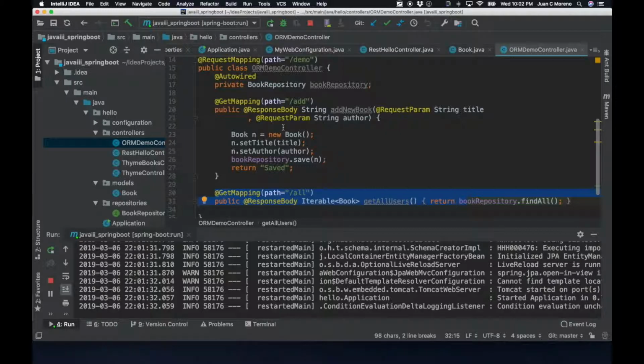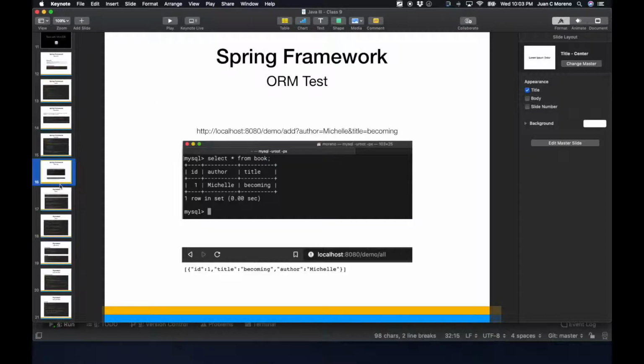In my ORM controller, I am never touching a line of SQL code, and I am just letting the ORM do what it's designed for. I am generating, in the response for a get with an add and a parameter, a new book where I'm setting the title and the author, and then I'm saving the result. Therefore, as the example shows in our